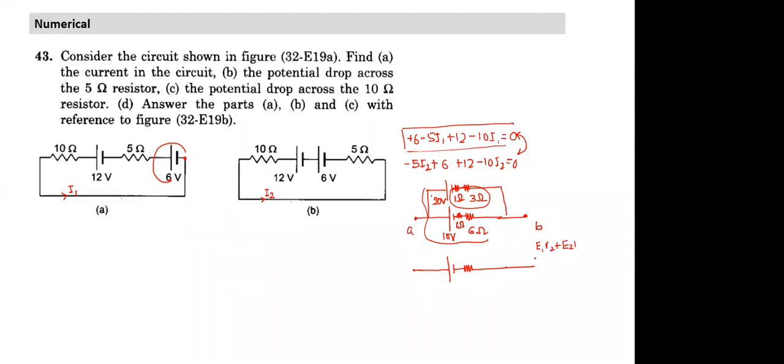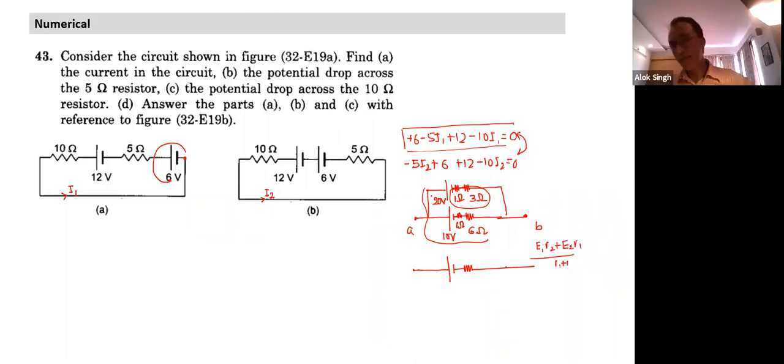E1 R2 plus E2 R1. But does it make intuitive sense why I can do that? When we derive this equation, you put one battery, one resistance. Whether the resistance is inside the battery or outside the battery doesn't make a difference in terms of the circuit calculation. So I can do so. Okay, we could have done that.